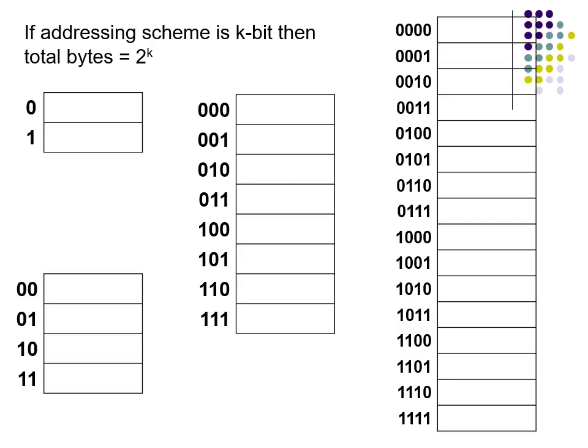For example, in the first diagram, there are 2 bytes, 1 byte and here one more byte. Only 2 byte memory, and I want to assign addresses to these bytes. How do you assign a unique address to these bytes starting from 0? So first byte is 0, next byte is 1, because binary 0 and 1. Similarly, if I have 4 bytes of memory, how to assign unique addresses to these 4 bytes? 0, 1, 2, 3. This is 0, this is 1, this is 2, and this is 3.